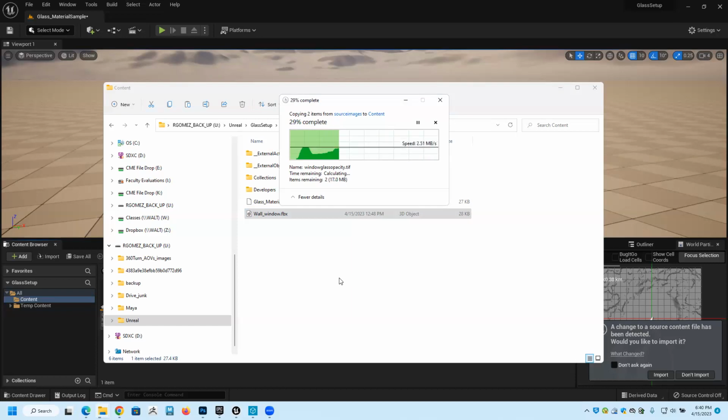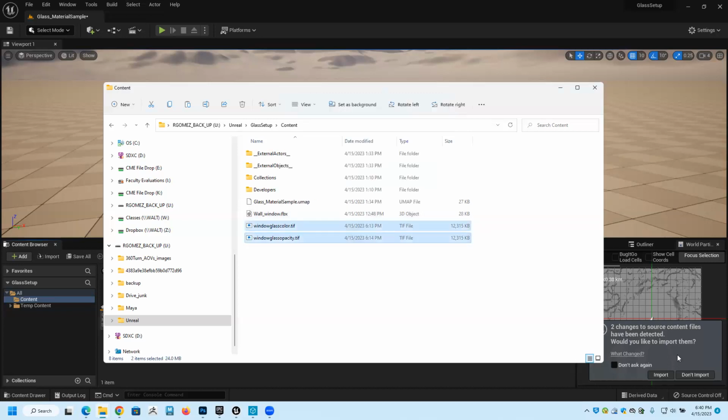Of course, that right away shows me a message in my program asking if I want to import. If you don't get that message, you can try